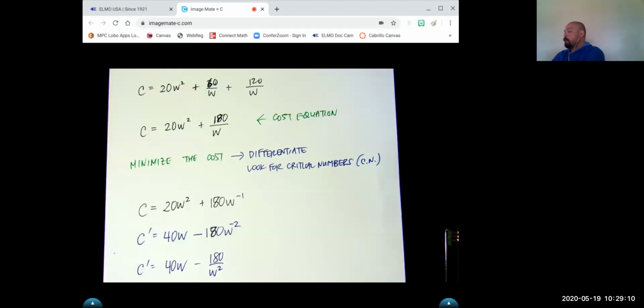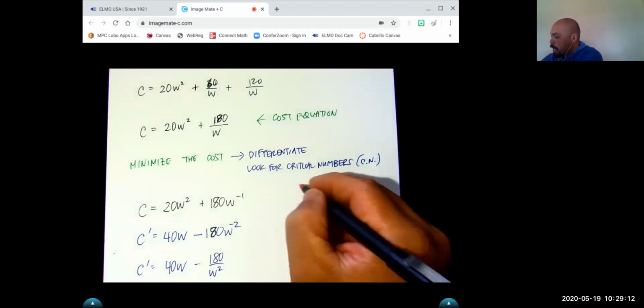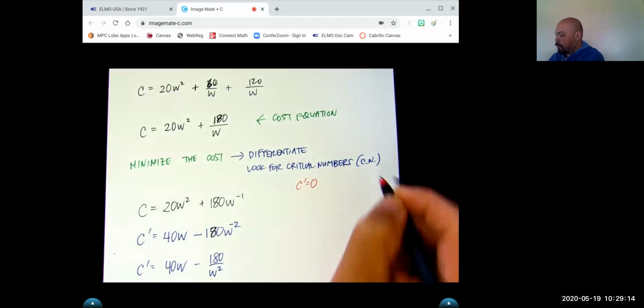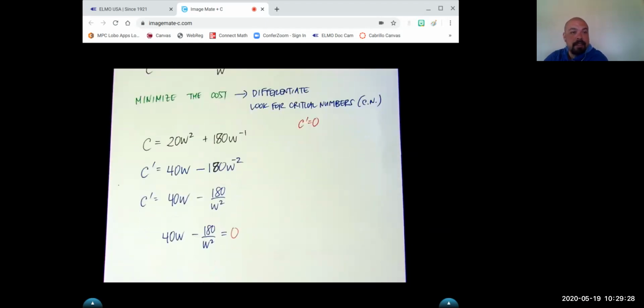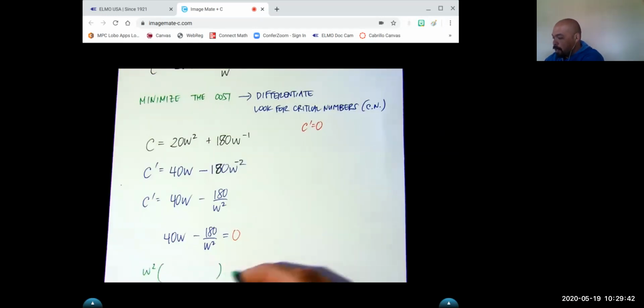And now for our critical numbers, we want that derivative to equal 0. So setting that derivative equal to 0 is going to help us locate a possibility for a maximum or minimum. Solving here, again, we're assuming w can't be 0. So if I multiply both sides by that w squared,